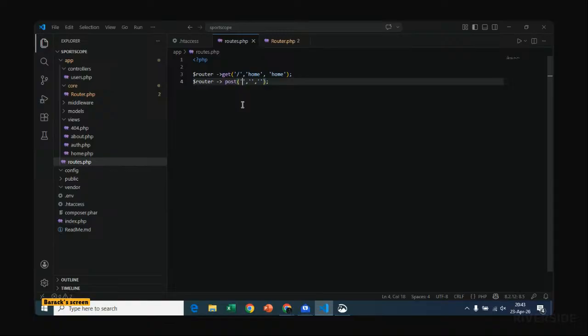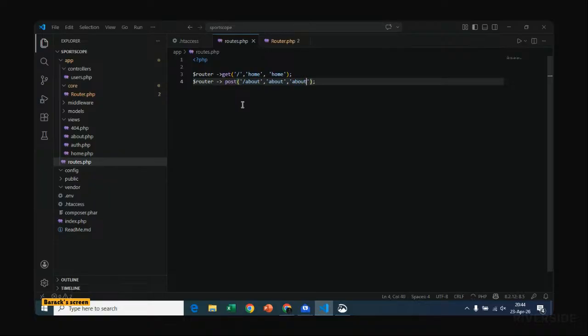So the next thing we're going to do is say that we want slash about to load the about file, so we want that URI to load that view, and the route name is about.